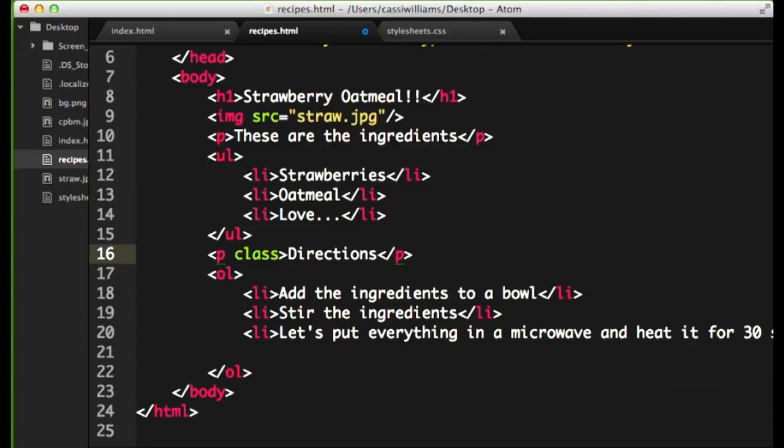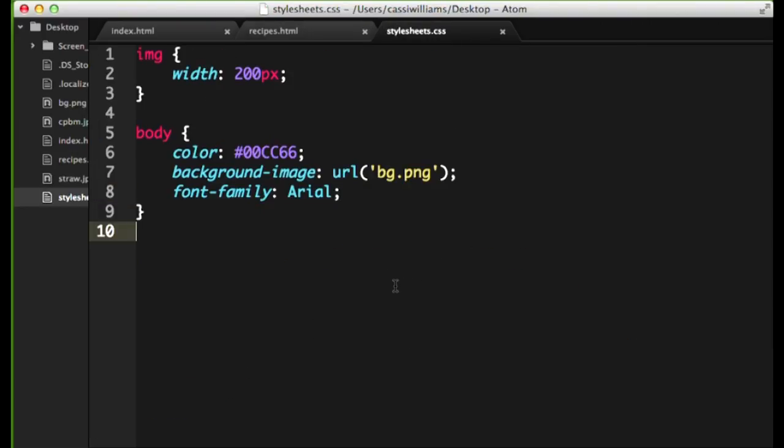You can't. So there's these attributes called classes. You can add a class attribute to a particular tag and then write CSS that affects only that class. So let's add a class, and I'll name it anything, so I'll just write directions to keep it simple. Now that we've added this class in our HTML, we can go back to our CSS and edit just that class. So if I go back to CSS and then I type .directions,